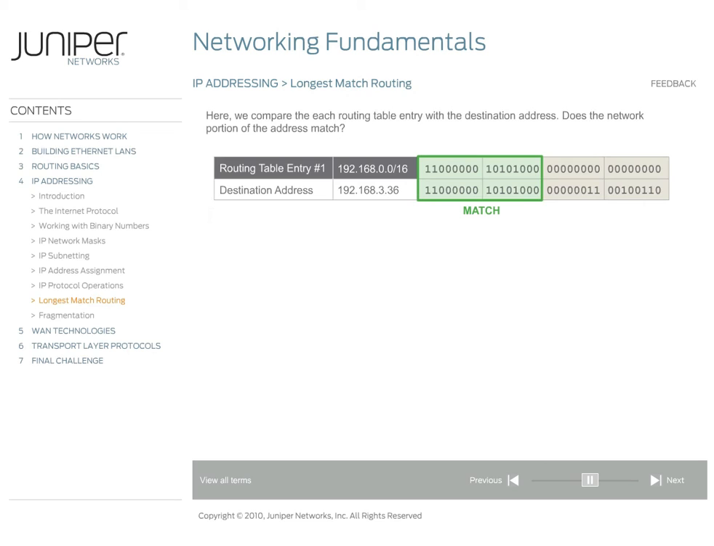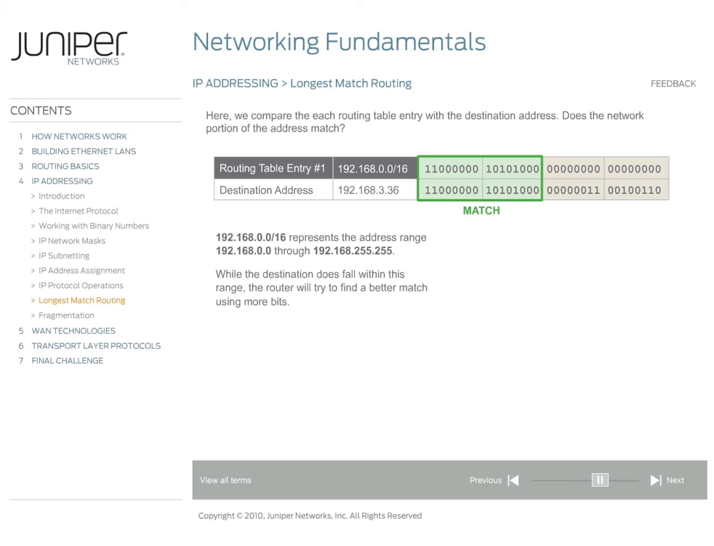Once again, it's much clearer if we view this example in binary and compare the network portion of each address. Our destination address matches the routing table entry number 1 with a 16-bit prefix length. Notice that 192.168.0.0/16 represents the address range 192.168.0.0 through 192.168.255.255. And while the destination does fall in this range, the router will try to find a better match using